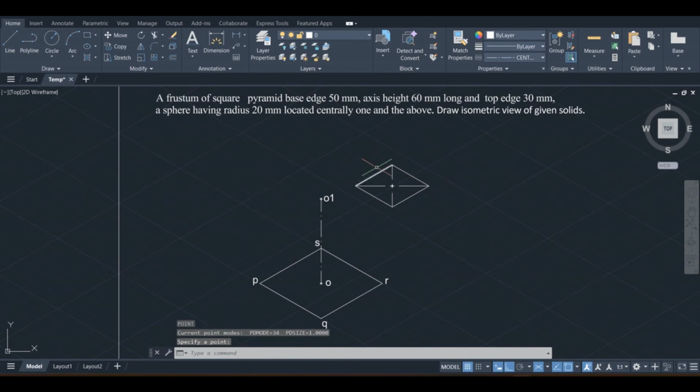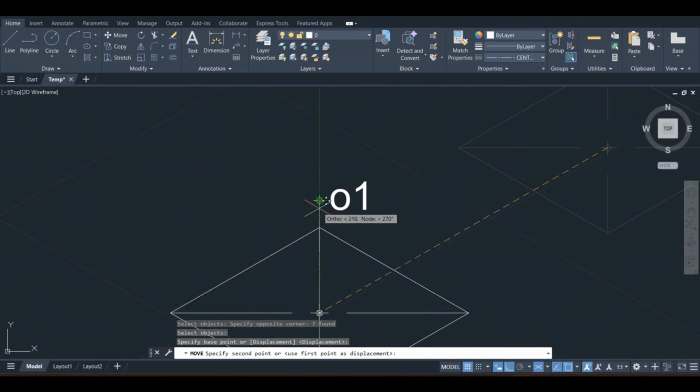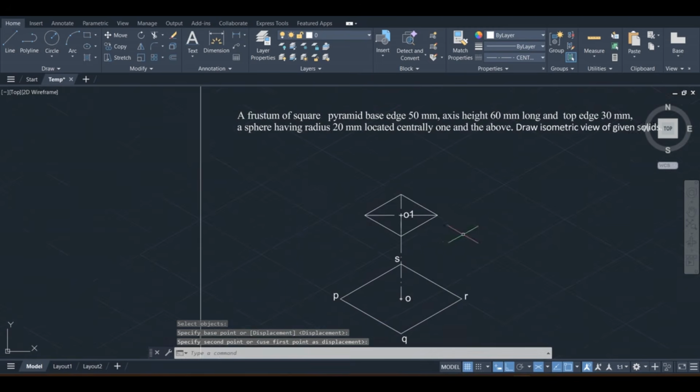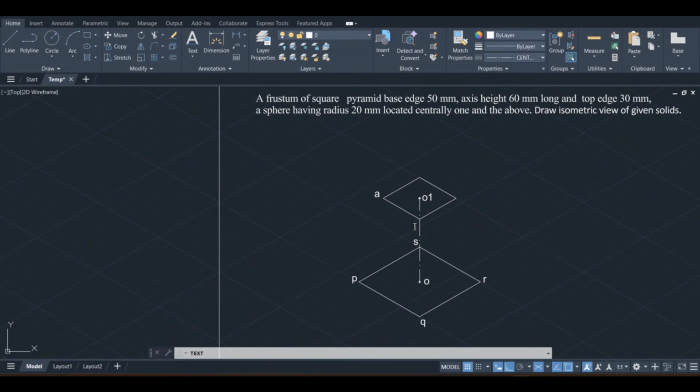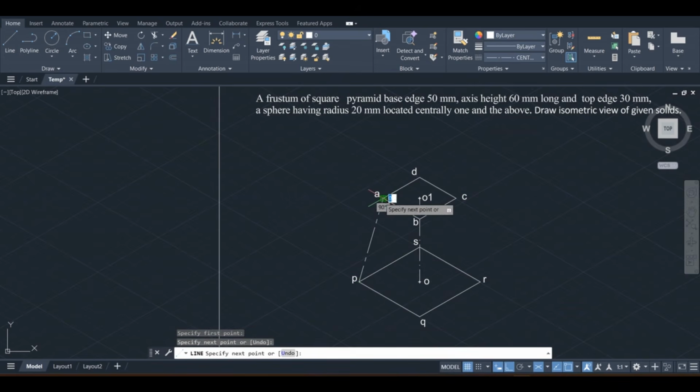Right. Now move this square using the move command. Select all, hold at the center point and connect at the top end of the axis. Done. For this top square, delete this and this and give the point names A, this is B, this would be C, and here it is D, right? Click outside and press escape. Now join the corners of the top base and bottom base with straight continuous lines.